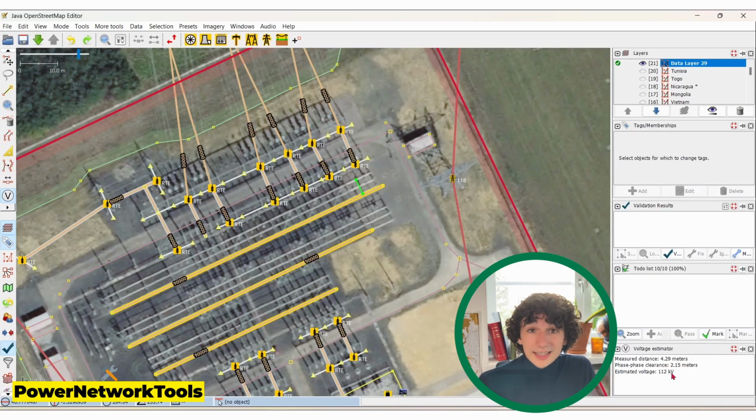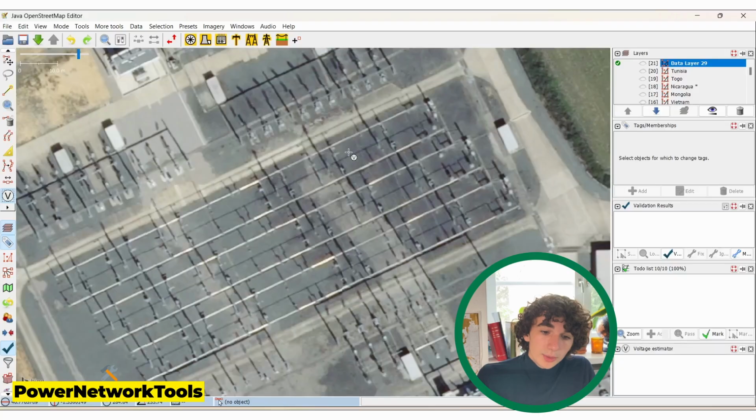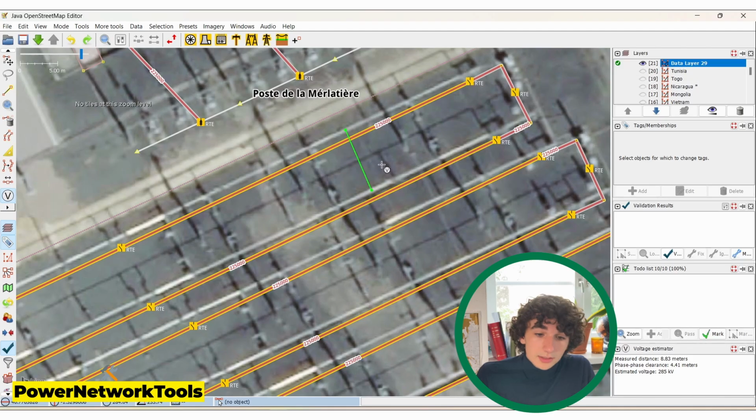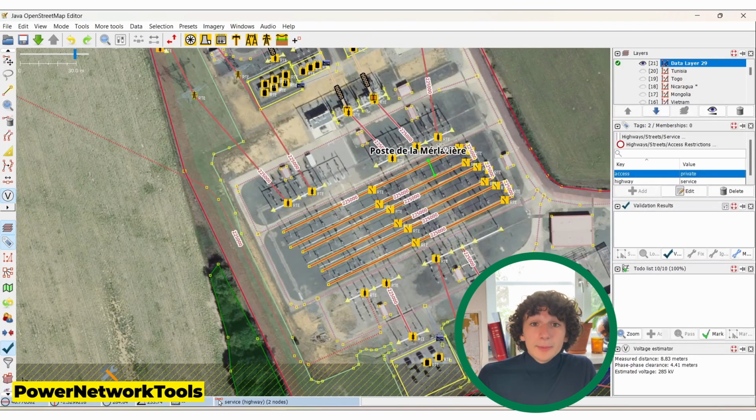Works. So think of this as the upper threshold. If we go to the other side where it's 225 kV, basically looking at the distance between busbars, you do it like this, and as you can see, 285 kV here, 225 kV, which more or less makes sense. Now this is a great way to assist you, especially if you know the different voltages